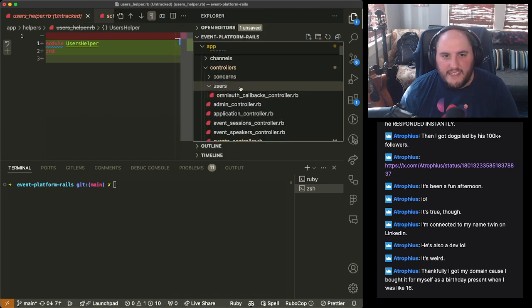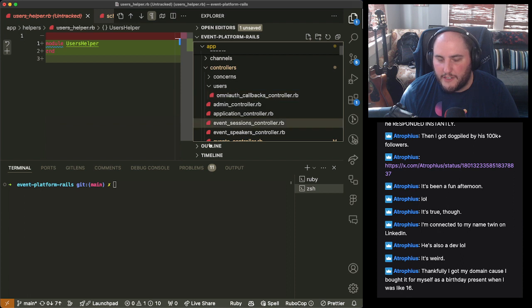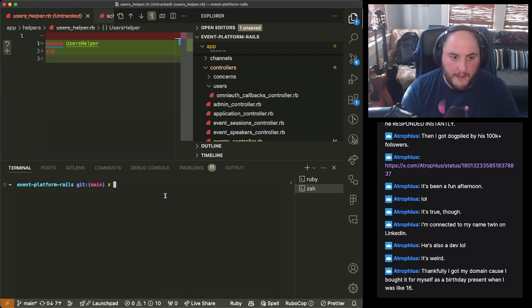So this is saying we made a controller called users OmniAuth callbacks, and this was something specific to make OmniAuth work. What we're going to do now is make a controller that's specifically about organization user management from the perspective of a user. So we're going to do users/platform organizations.